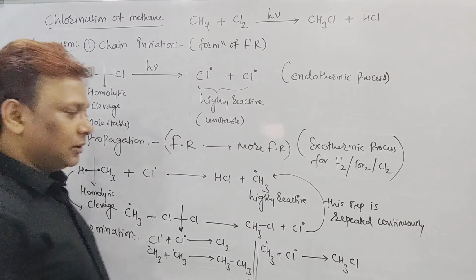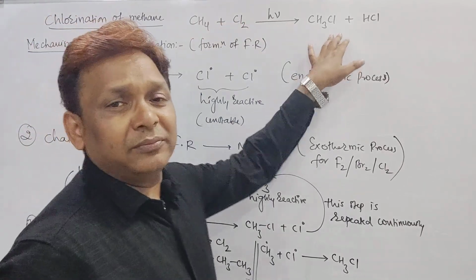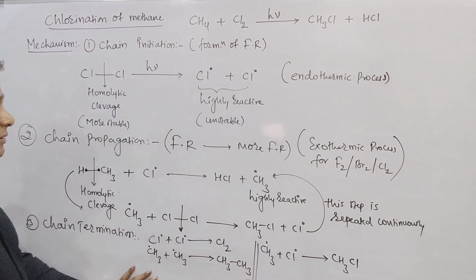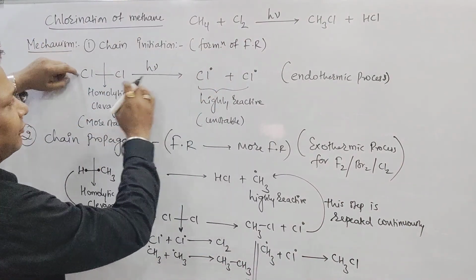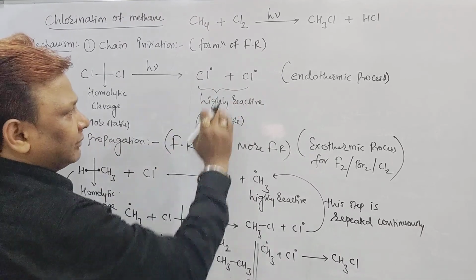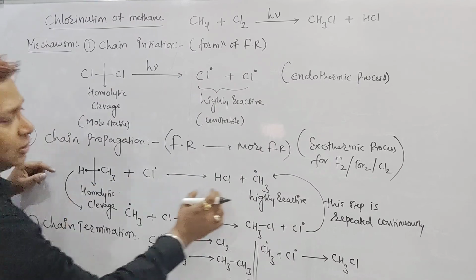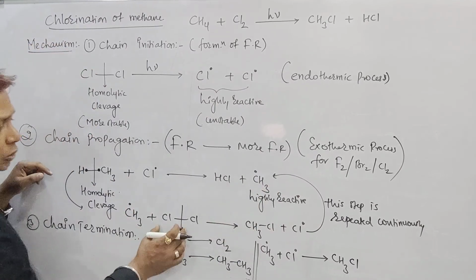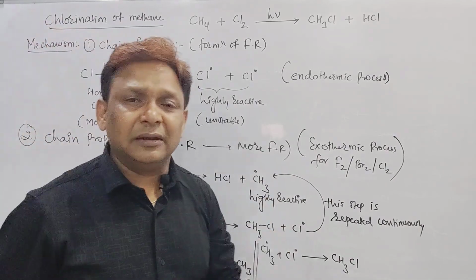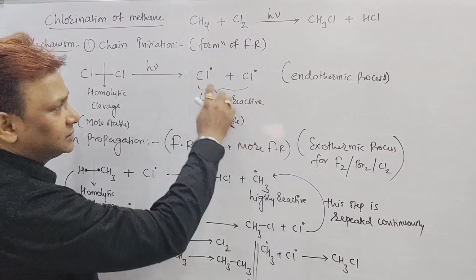Correct? Now you can see for this reaction we performed 3 steps: chain initiation, propagation and termination. Beta, in initiation Cl2 will form the Cl radical. In propagation this one radical will form more radicals. Like this, Cl attacks the alkane to form this one, it attacks Cl2 to form this one. The process repeats. Beta, overall how many types of radical do we have? 2 types.